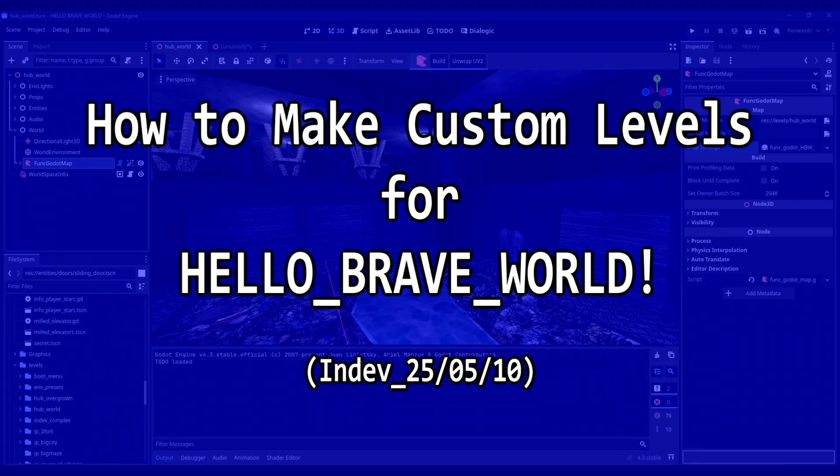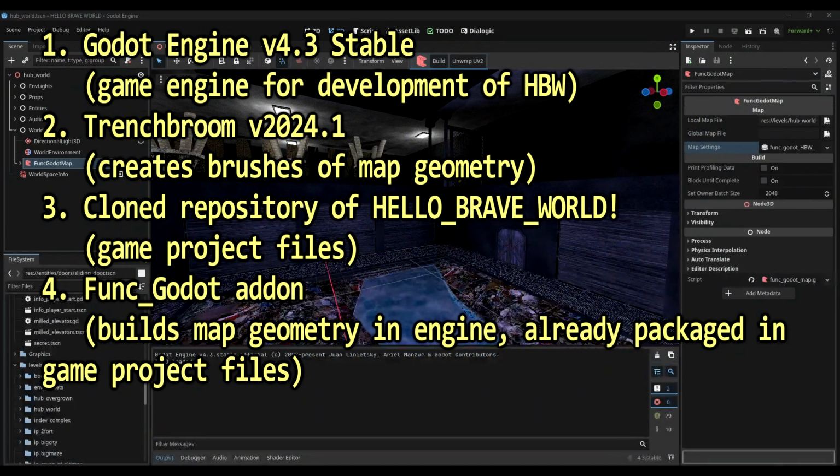I'm here giving a quick and dirty tutorial on how to make custom levels for Hello Brave World. At the current state of this project, this is very much subject to change, but this is just one method I will be demonstrating on how other people might be able to contribute their own ideas for levels to the game. So, in order to make your own levels for this game, we're going to need 4 elements of